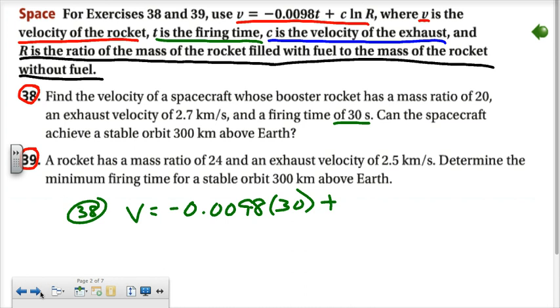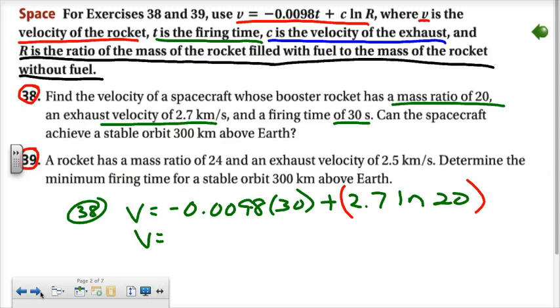Next thing I need is c, and c is the velocity of the exhaust. Exhaust velocity, 2.7. And one more thing to look for, r, and that's that mass ratio. And it tells us this one has a mass ratio of 20. And I realize this can just be totally punched into the calculator. So negative 0.0098 times 30 plus, and then I probably, just for safety's sake, would use parentheses on that last portion there. And that comes out to